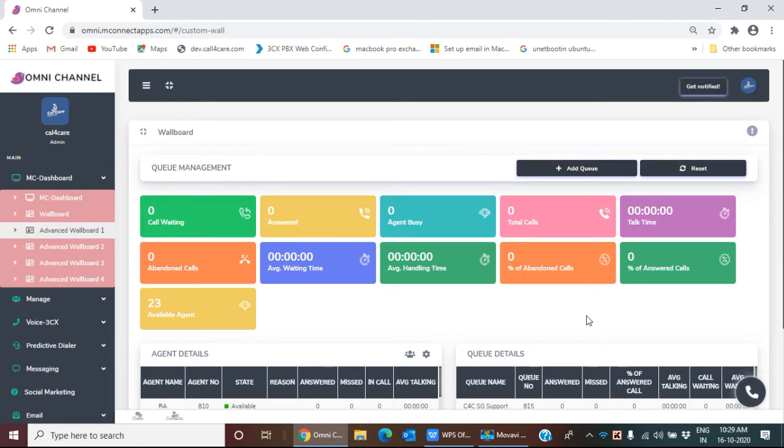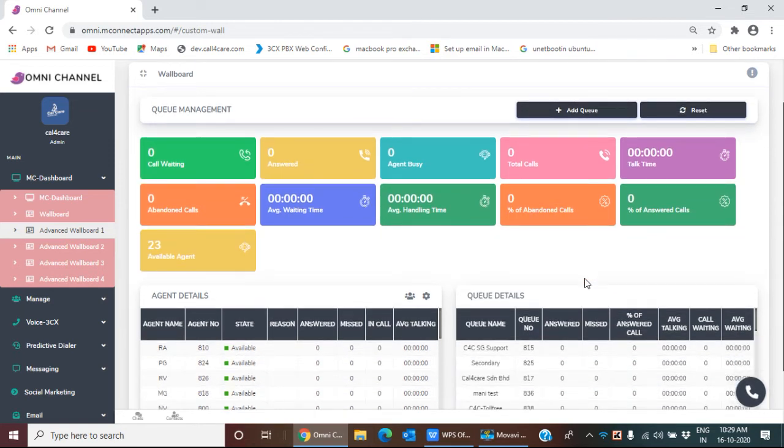Omnichannel also offers wallboards which are very significant for the enhancement of any business, especially contact center, because our wallboards give you complete information about what is dynamically going on in the contact center at any point of time of the day or night. You can see here there is an option for queue management which shows the total number of call waiting, the number of abandoned calls, the number of agents who are available, the number of answered calls, the number of agents who are busy, the total number of calls that has reached the contact center, the talk